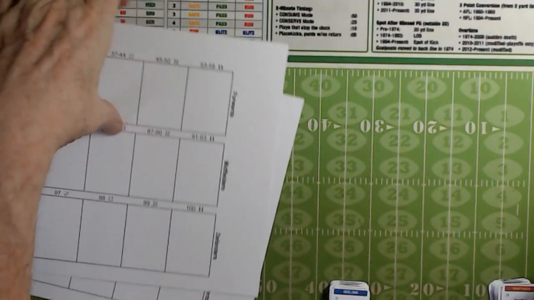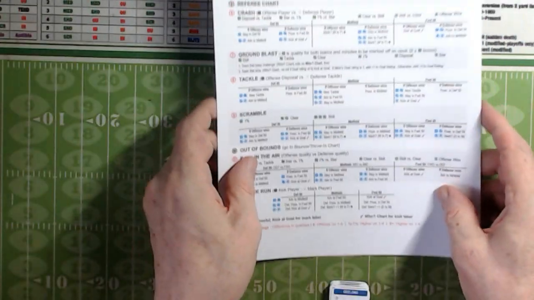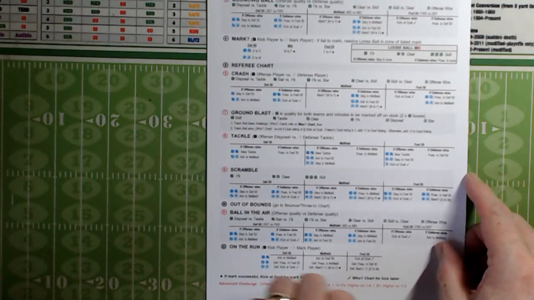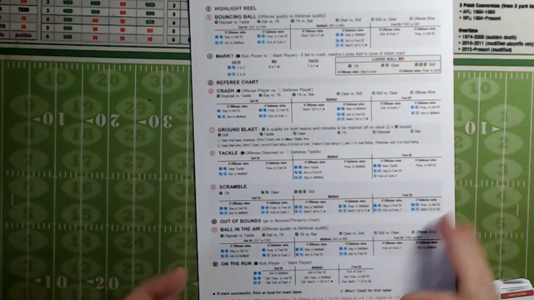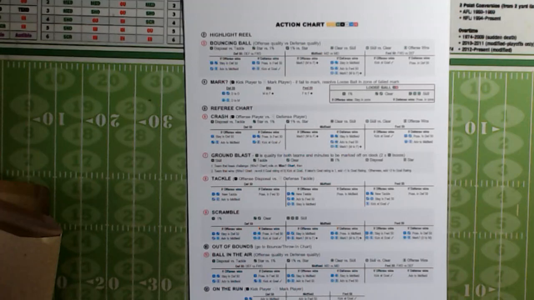So if you've played Soccer Blast or Hockey Blast, action chart, roll the 2 dice, get a number. These are also dependent on what section the team in possession are in. So if you, let's take a couple of dice here,